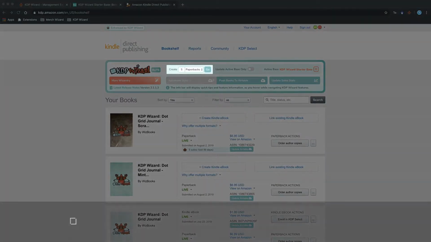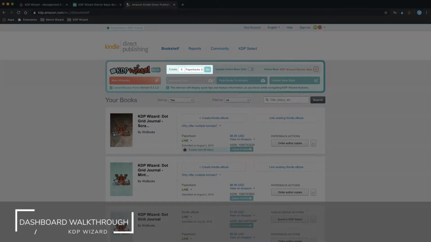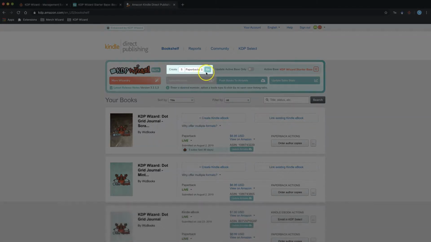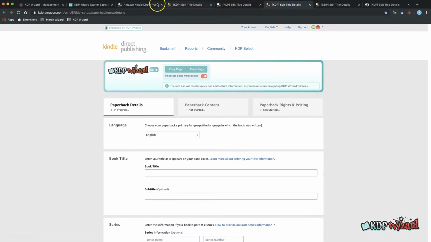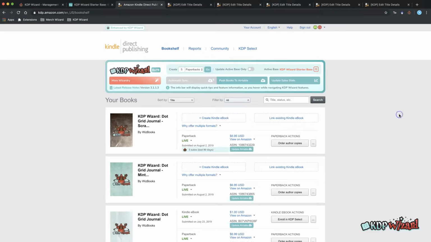When you wish to create a new book or multiple books, just enter a number from 1 to 99, choose a book type and hit Go to open that number of tabs for creating new books. This is especially helpful as the Hide KDP menu is ticked by default in the General Options in the Settings